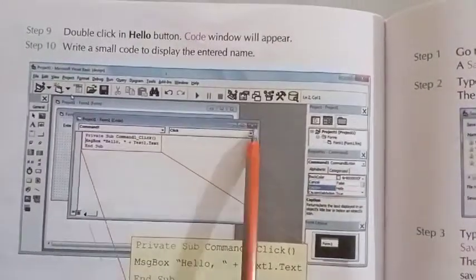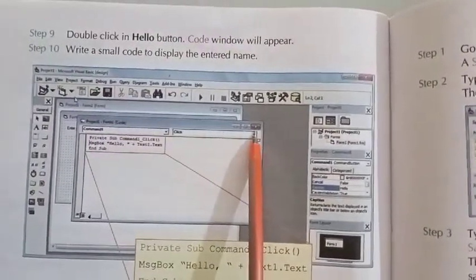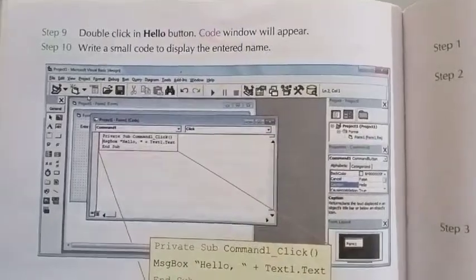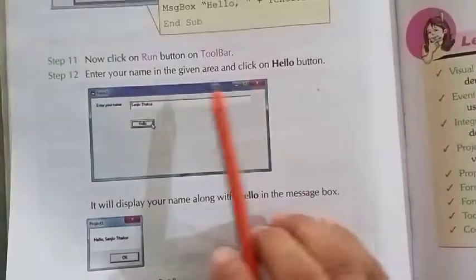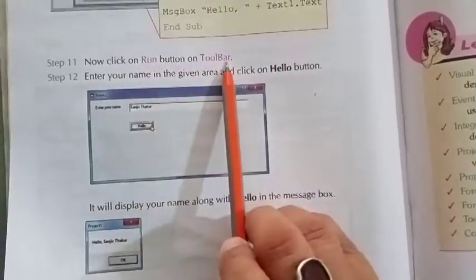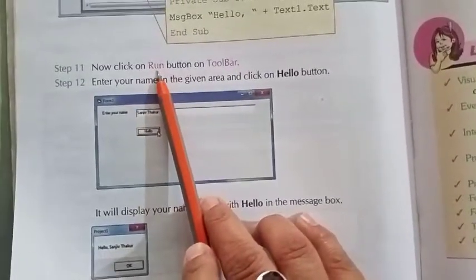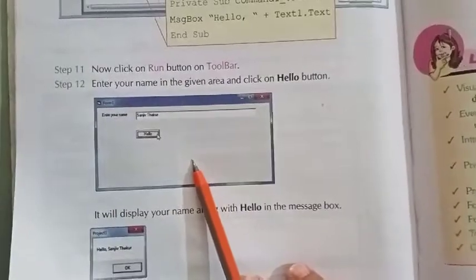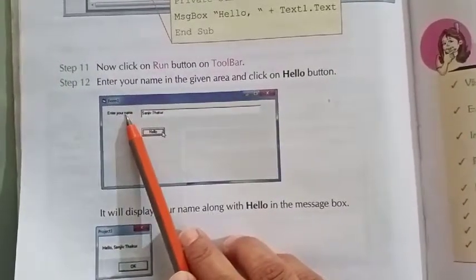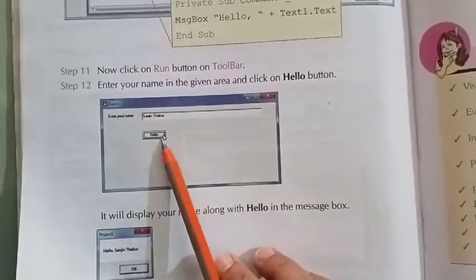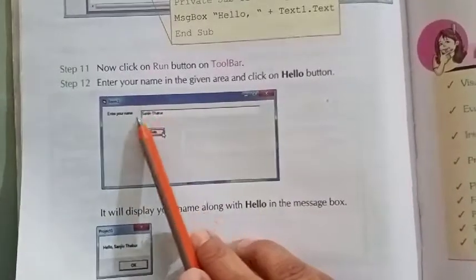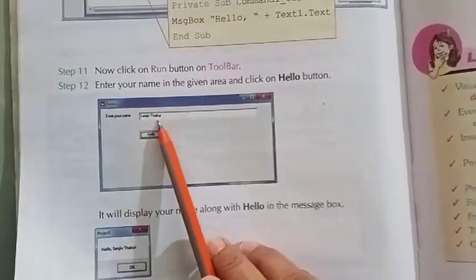When you finish this, you close it, and then we need to run this. To run it we need to click on the run button on the toolbar, and as soon as you click on the run button, you will get this sort of output. It is written "Enter your name here". This is blank and Hello is written. You will enter your name, like here Sanjeev Thakur is written.